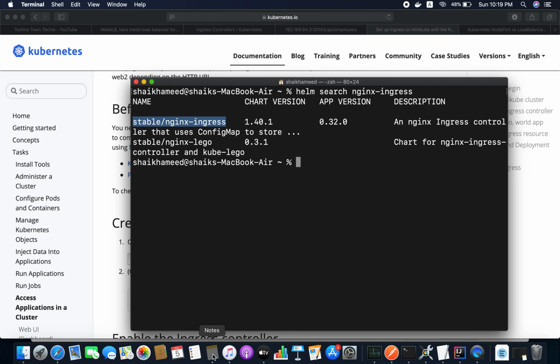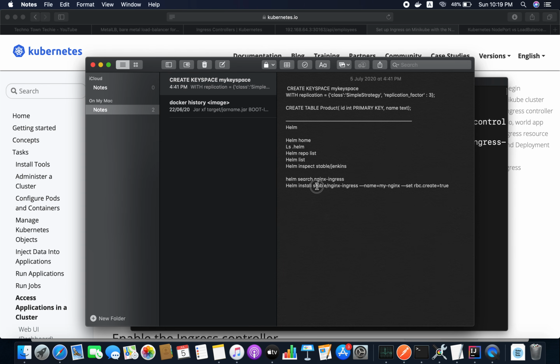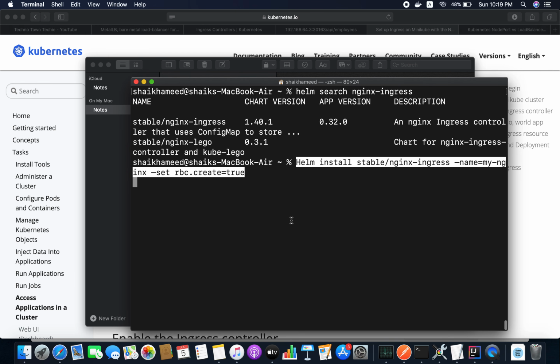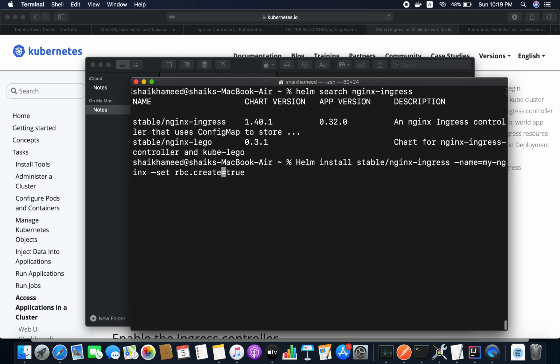To install it we have a command, so let me copy that command and paste it here. Helm install stable nginx ingress, name my nginx, and set rbac.create true.